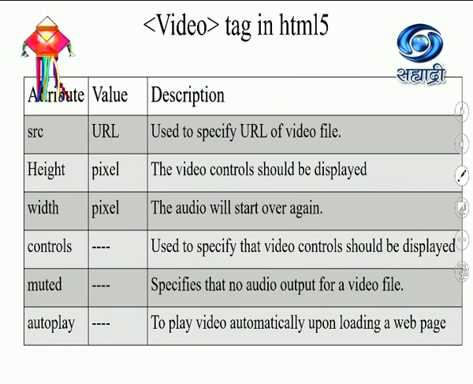So these are the attributes of the video tag you should remember for the examination, again for 2 and 3 correct answers. So here src attribute to specify the URL of the video file. Width and height will specify what kind of size you want on the web page. For the video, controls will specify reverse and forward button for the video. If you specify muted in your video tag, it will mute your audio for the video file, and user can unmute if required. Autoplay will play the video automatically upon loading the web page.